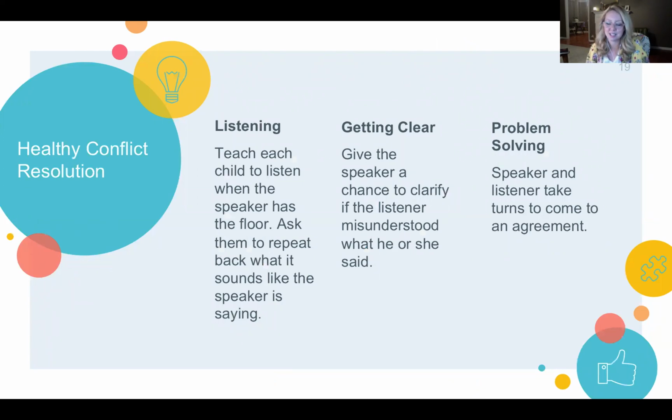So if someone says, "It really hurt my feelings when you knocked my lunch off the table," and the listener says, "It sounds like what you're saying is that it really hurt your feelings when I knocked your lunch off the table." And they're like, "Yeah." And so that clarifies what the thing is. And then you make, that's a silly situation, but